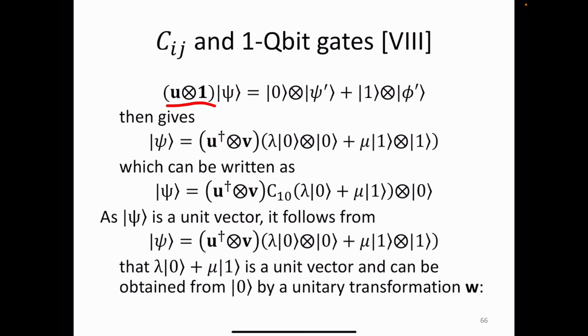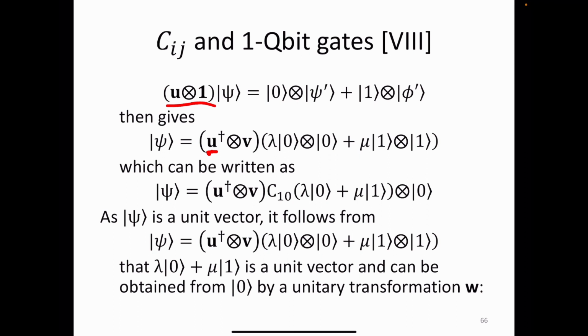Under this new transformation that we just introduced, the complex conjugate transpose tensor the new transformation V, giving us phi double prime and psi double prime, with the numbers lambda and mu that we discussed before, which is then lambda associated with 0 times 0 and mu with 1 times 1,